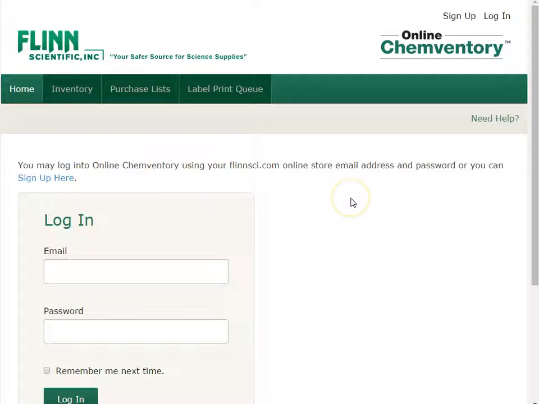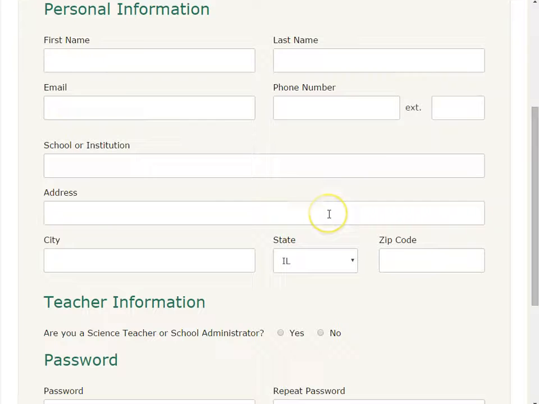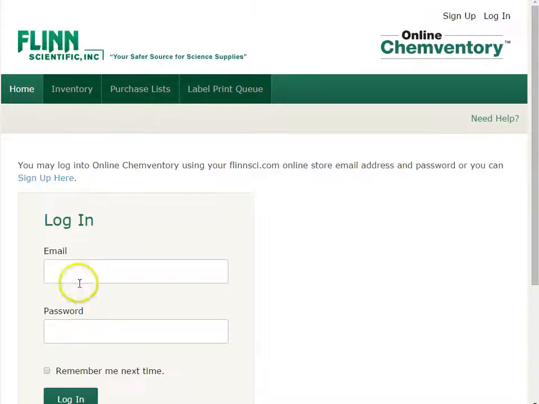If you click that link, it's going to bring you into it, and probably the first thing you're going to have to do is log in. If you have a Flinn account, this is where you'll enter it. If you don't, go to sign up here. It'll ask you to put in some basic information and create an account. Once you have your account created, go ahead and enter your credentials